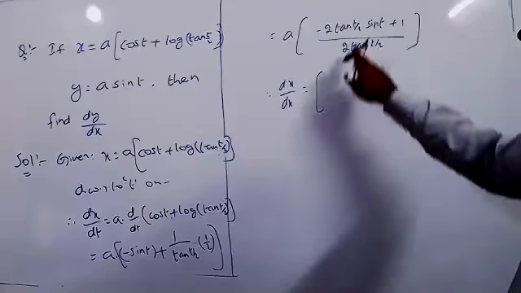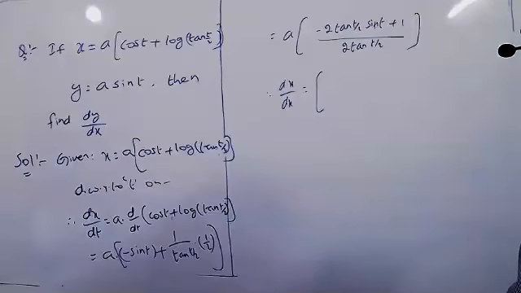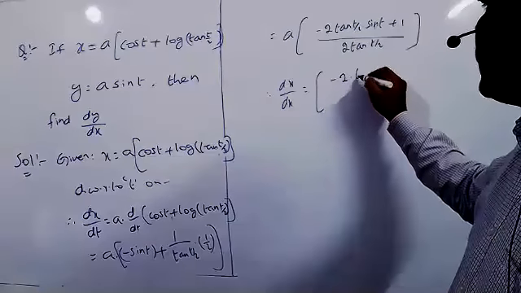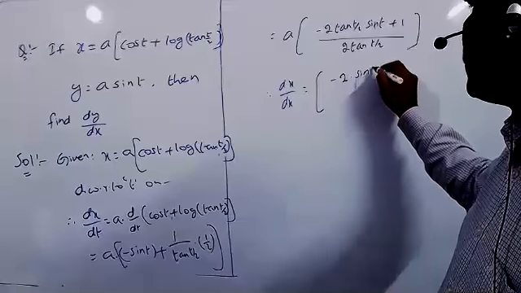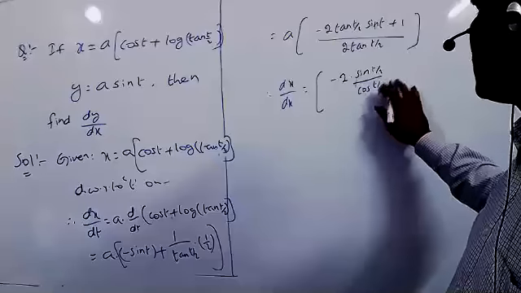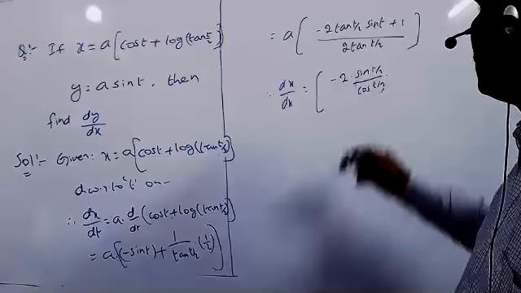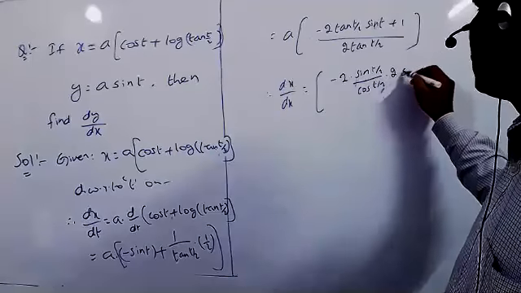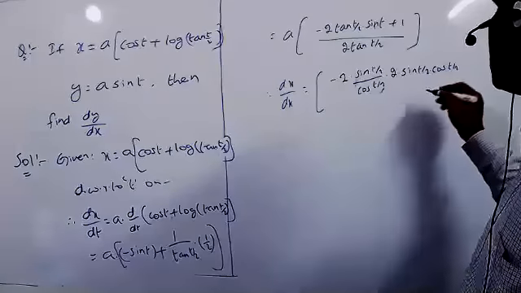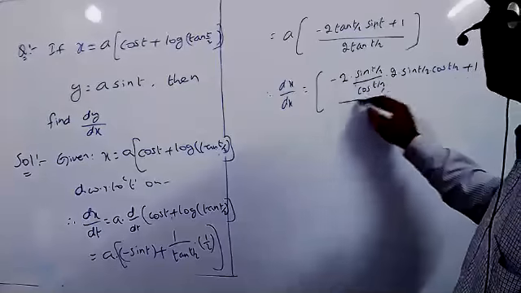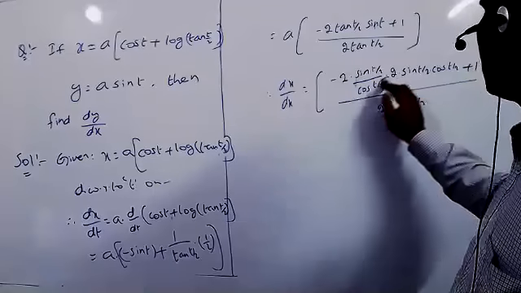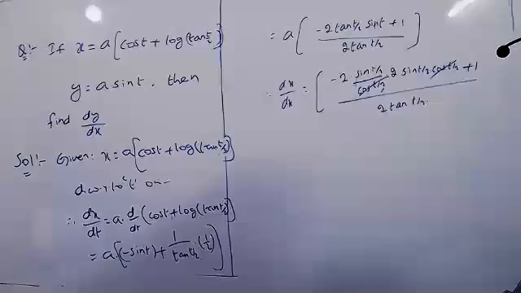If you want, you can change this value also, no problem, because sin t can be written as 2 sin t by 2 into cos t by 2. This tan t by 2 also, we know very well tan theta equals sin theta by cos theta. So you can write 2 into sin t by 2 into cos t by 2, plus 1, whole by 2 tan t by 2. Clear now, these two will be cancelled.